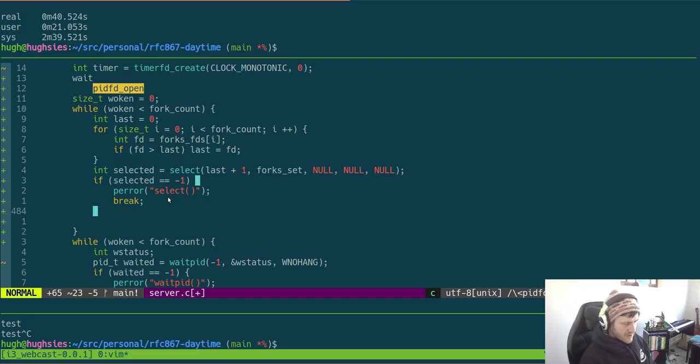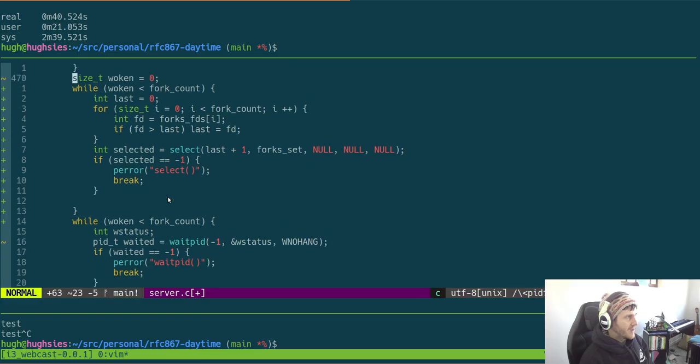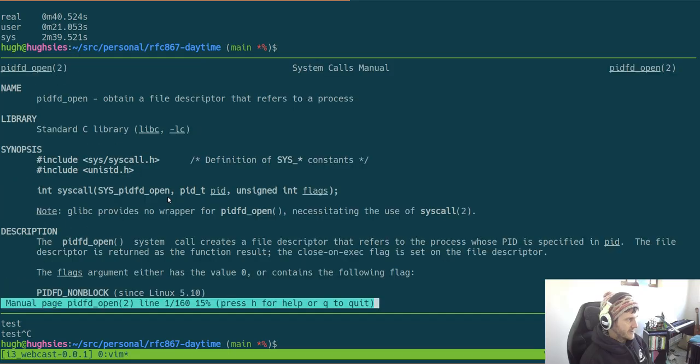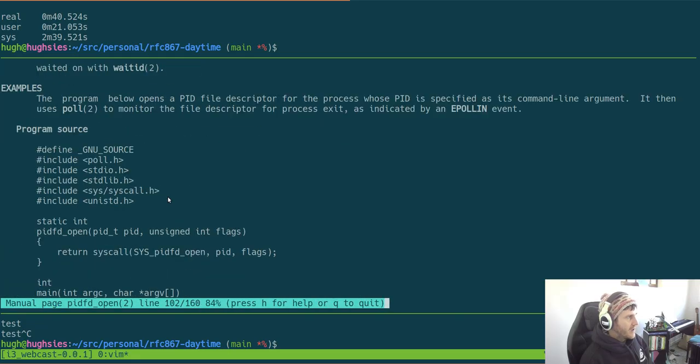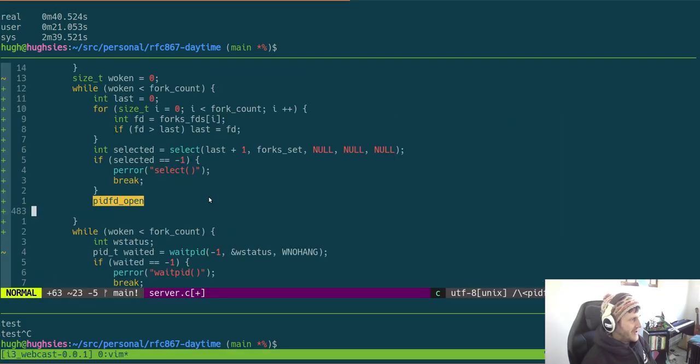So I wonder what you read out of this. PID FD open, PID FD open. Let's finish reading. Readable. Nothing can be read from. Right. So it just... Right. Cool. So at this point here, now we can wait for it. So